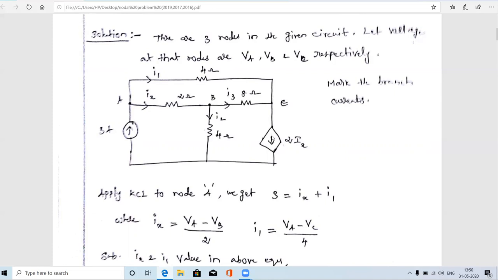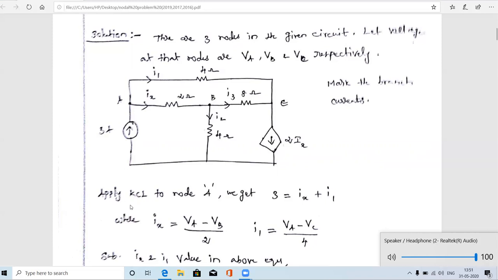And here there is a dependent current source. But first of all, we have to verify whether we have marked currents in all branches. Okay, we marked all the currents. For the current direction, you can choose any direction, either left to right or right to left. Here we are marking the current direction like this. Nodal analysis means we are going to write the KCL equation, whereas mesh analysis means we write the KVL equation. So here we are going to follow the nodal analysis method.